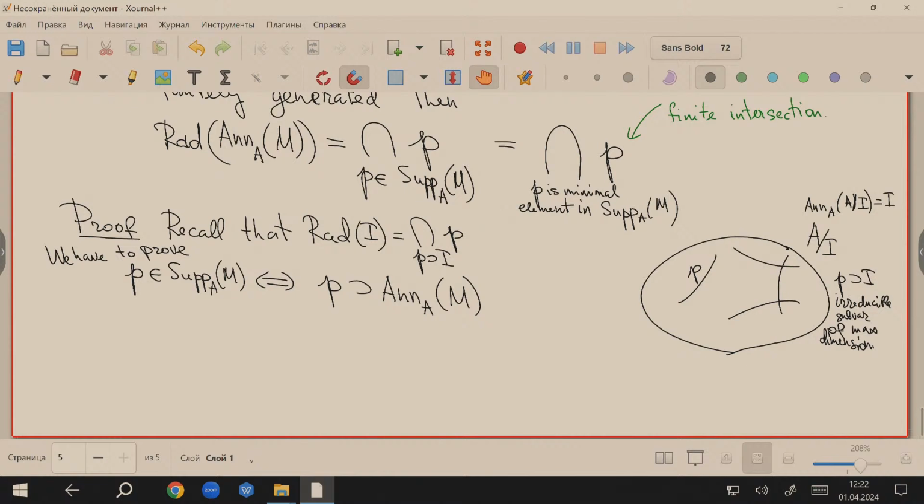So if P contains an annihilator, this means that the multiplicative set A mod P does not contain